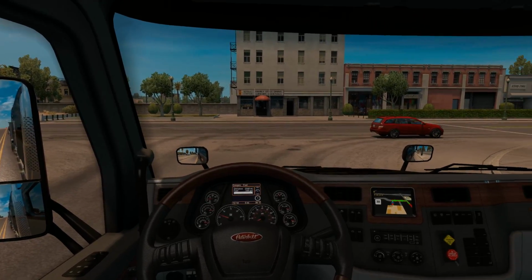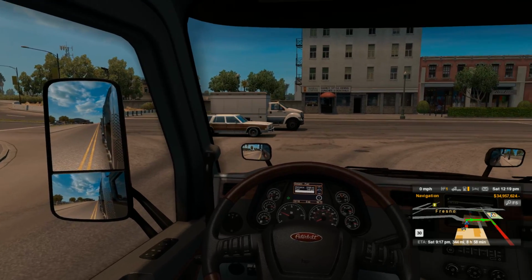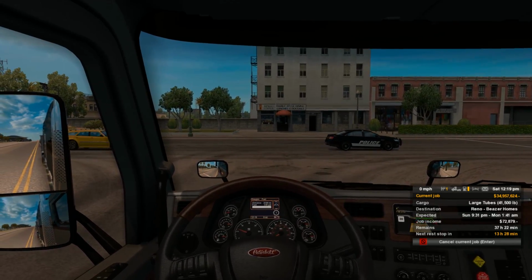Alright, so while I sit here and wait for traffic to go by, let's take a look at what the load is today. Alright, large tubes, 41,000 pounds, going to Reno. Now, these large tubes here,